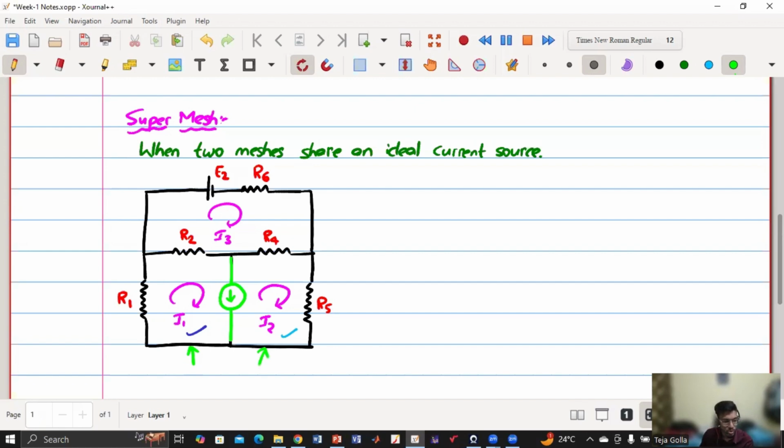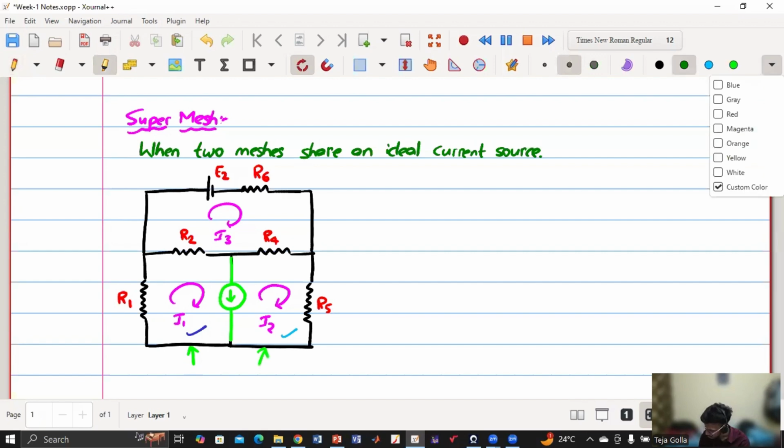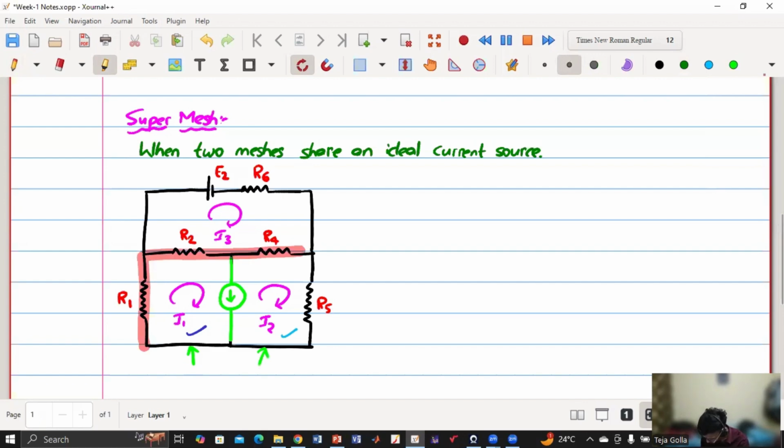Then what we are going to do is, we have to apply super mesh, meaning we'll consider the outer mesh. So we'll be considering this outer mesh. So this is called super mesh, because in this mesh, there are two meshes inside, but we are considering this mesh because inside that small mesh, and this mesh, we cannot apply KVL because I don't know the voltage across the current source. So now what I am going to do is I am combining these two meshes. Those two meshes which are sharing an ideal current source, I am combining those two meshes and then considering the